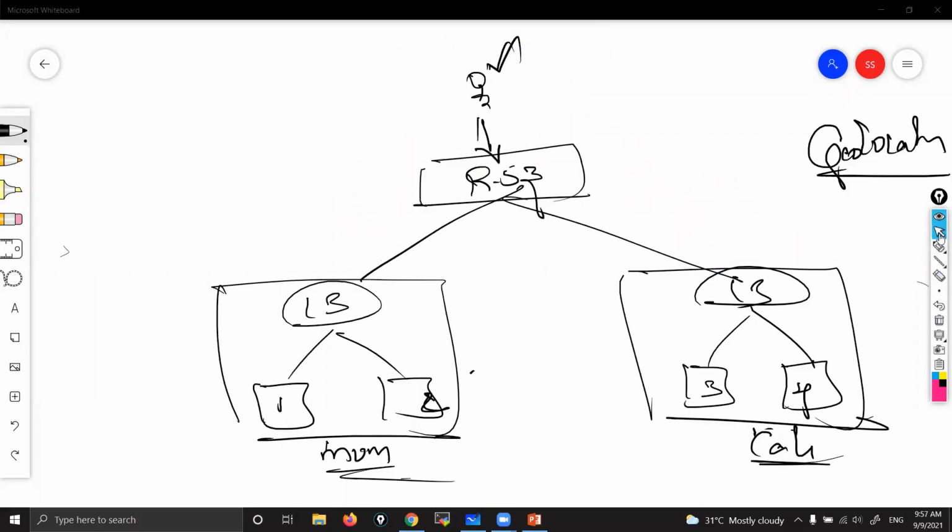Sir, there is an edge location, right? We cannot see latency routing there? No, the purpose of the edge location is different. That I will explain when I talk about CloudFront. Those are also there to avoid latency only. When I explain CloudFront, you will understand that. Okay, sir. Thank you.